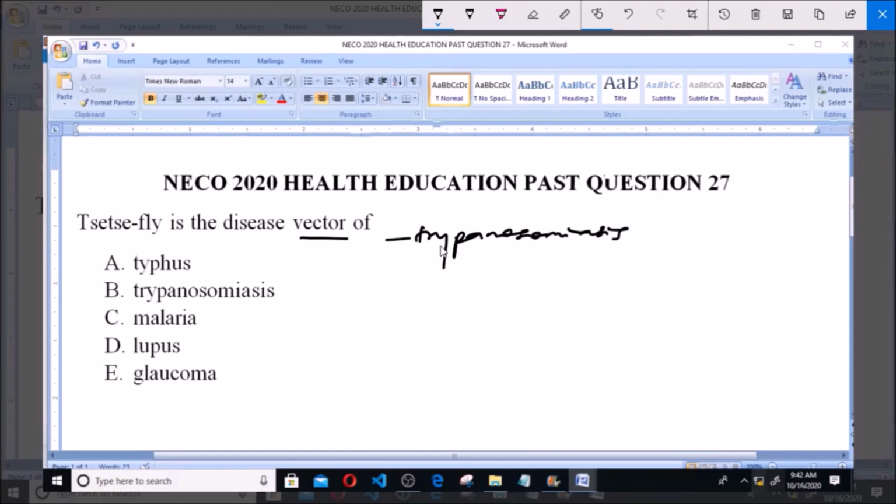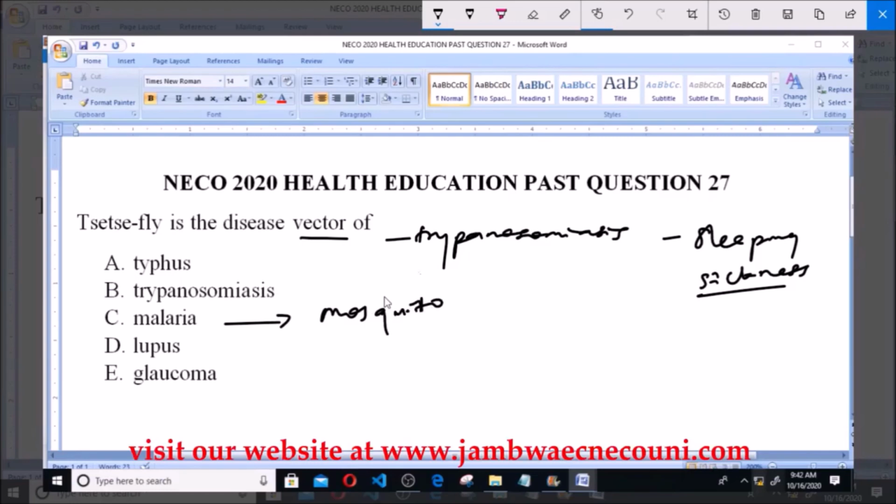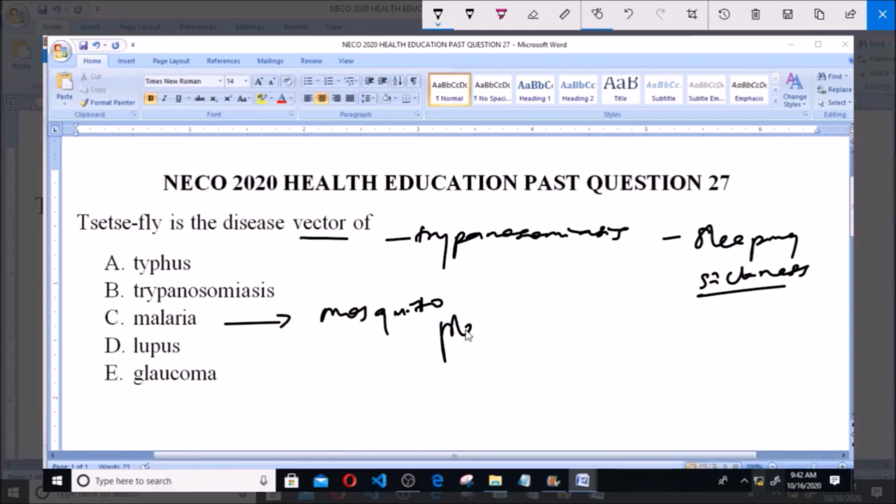Now, this trypanosomiasis is also known as the sleeping sickness. Trypanosomiasis is also known as the sleeping sickness. So, fly is a disease vector for trypanosomiasis. Now, that of malaria is mosquito. Mosquito is a disease vector of malaria. And that doesn't mean that mosquito causes malaria. Mosquito carries plasmodium, which is responsible for causing malaria. And likewise,